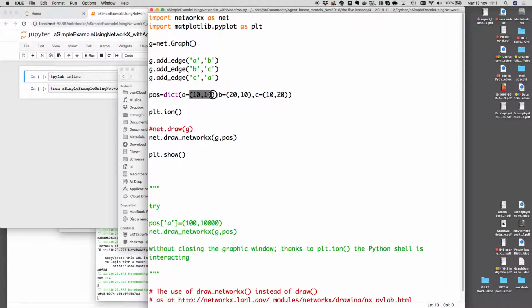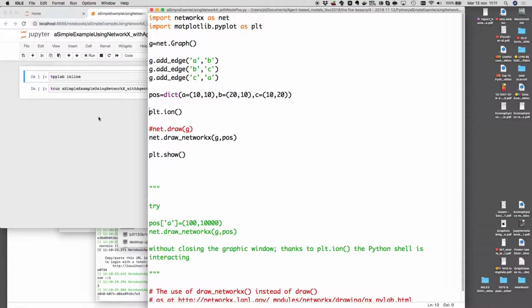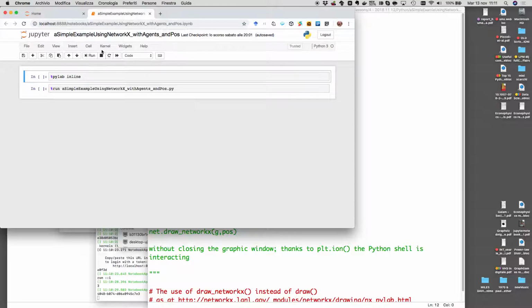So round brackets, as a vector, but we cannot modify it after having created it. Tuples are very quick in execution, but they have a limit. I never tried, but I suppose that I can also place a vector here. It would work in the same way. Anyway, I have the position, the preferred position, and the run, in this case, after loading